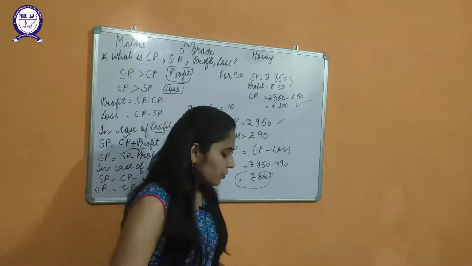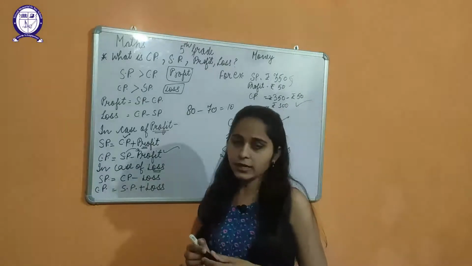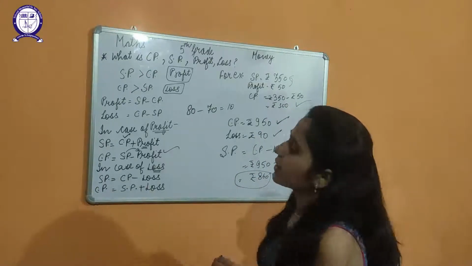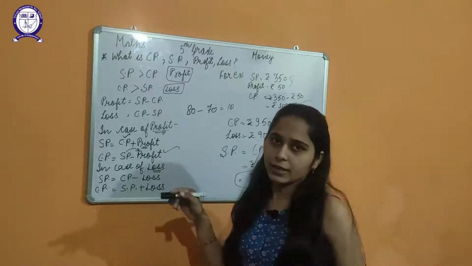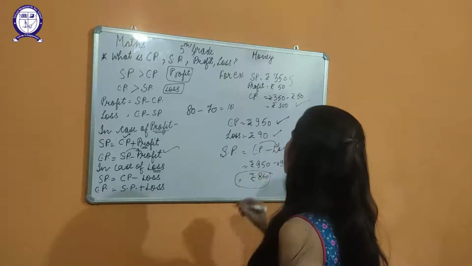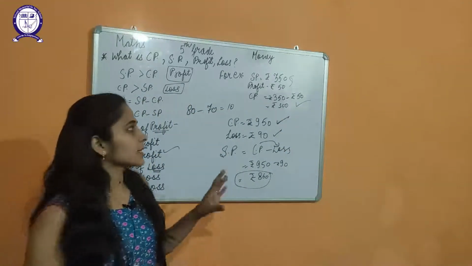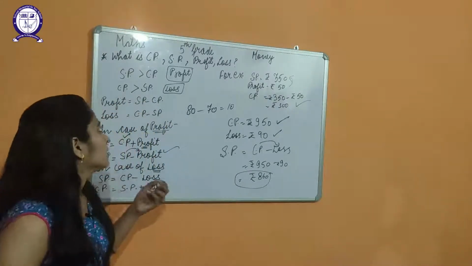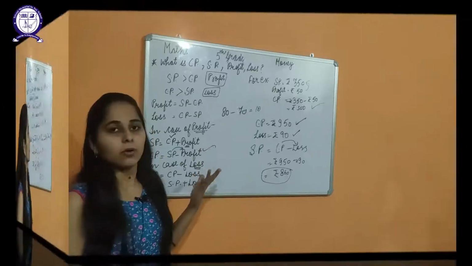Now loss. Suppose you are going to a shop and you buy a pair of shoes at 950. For you that is the SP, and at the same time the shopkeeper is saying, by selling this pair of shoes at this price, I am getting a loss of rupees 90. So what is the CP for those shoes? How will you find out? SP plus loss. So rupees 950 plus 90 will give us the answer as rupees 1040. So this is about profit and loss. Profit is also called gain in terms of CP and SP. And now let's discuss further about this topic.